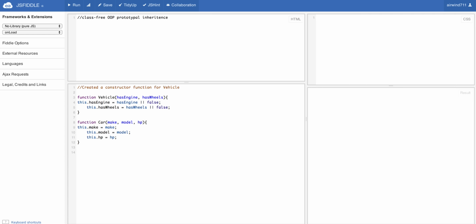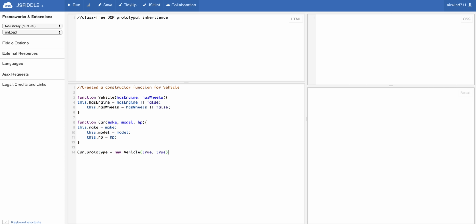Now we want to set up some dynamic inheritance properties into it. How do we set up a proper inheritance? In order to do that, there is something called prototype. This prototype is a property of an object, kind of a gene pool, like when we inherit some of the properties from our parents. The same way an object can inherit from its parent if it is added to the prototypal property of an object. So how do we do that? Suppose say car.prototype equals new vehicle, and let's pass along true and true